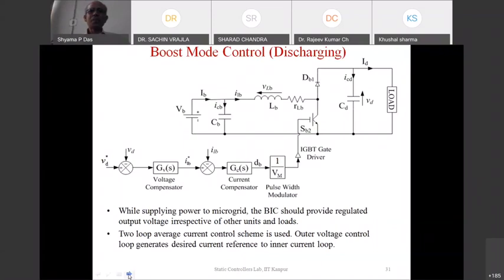And when the microgrid is deficit in power and we have sufficient capacity available in the battery, we have to evaluate the state of the charge of the battery. When the state of the charge of the battery is over 40%, the battery will be allowed to operate in the discharging mode, which means it can supply power to the microgrid if the state of charge is higher than 40%. So how do we evaluate the state of the charge, or SOC? The state of the charge of the battery is evaluated by Coulomb counting.